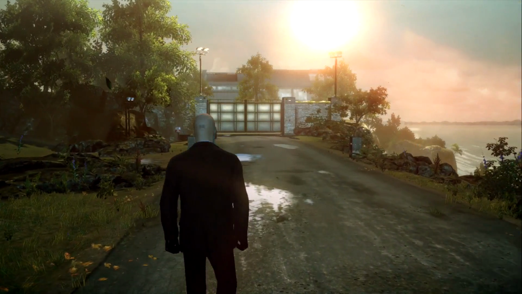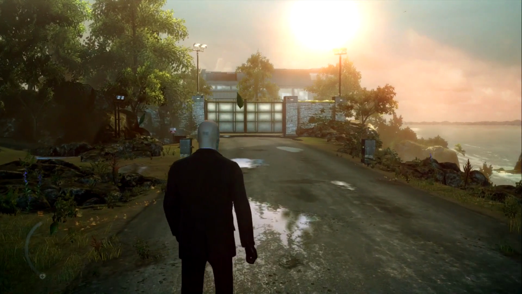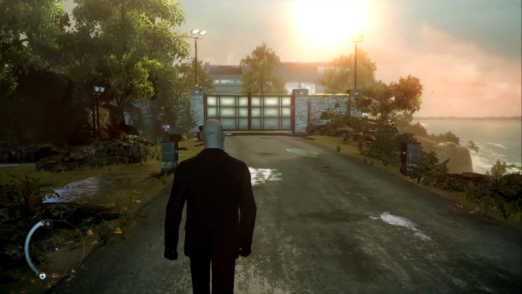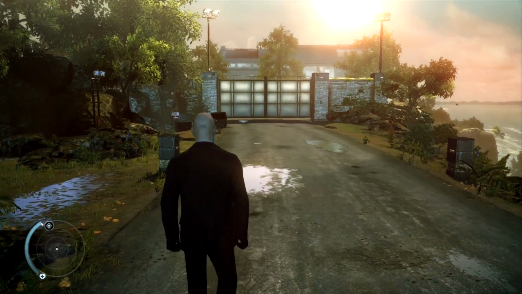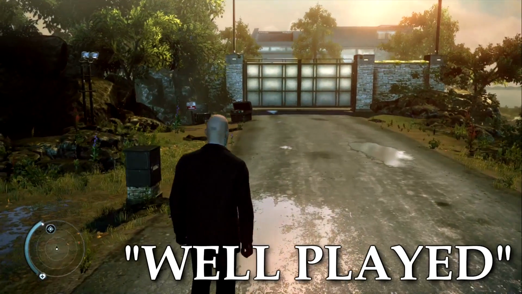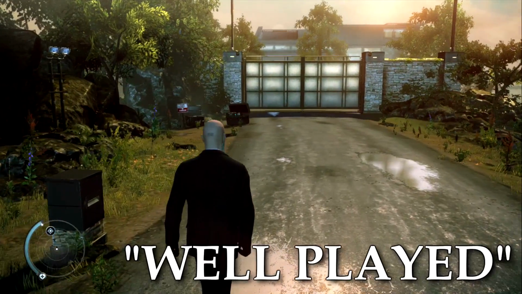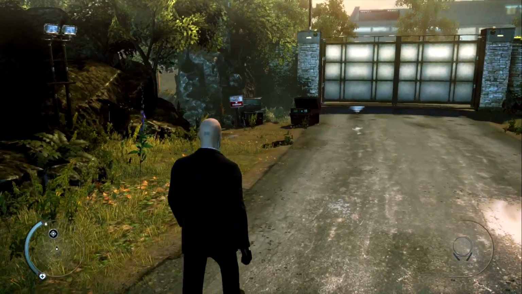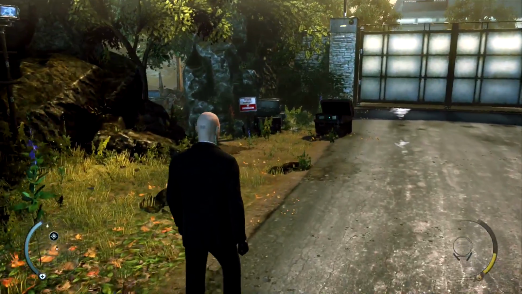Now, I'd just like to quickly mention that there are some missions throughout Hitman Absolution in which achieving a silent assassin rating is simply not possible, and a personal contract is one such mission. However, in this mission, there exists the Well Played challenge, which players can unlock by completing the mission without subduing or killing anyone. There is an exception to this rule which I'll explain later, but for now, let's gun for